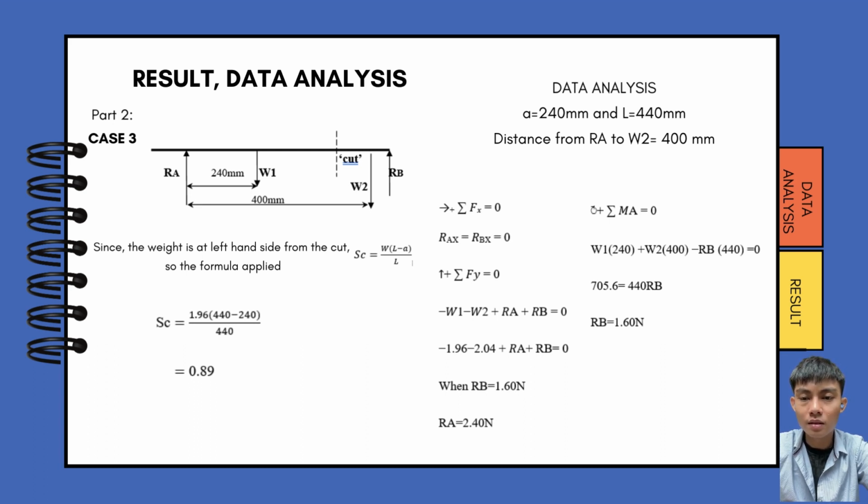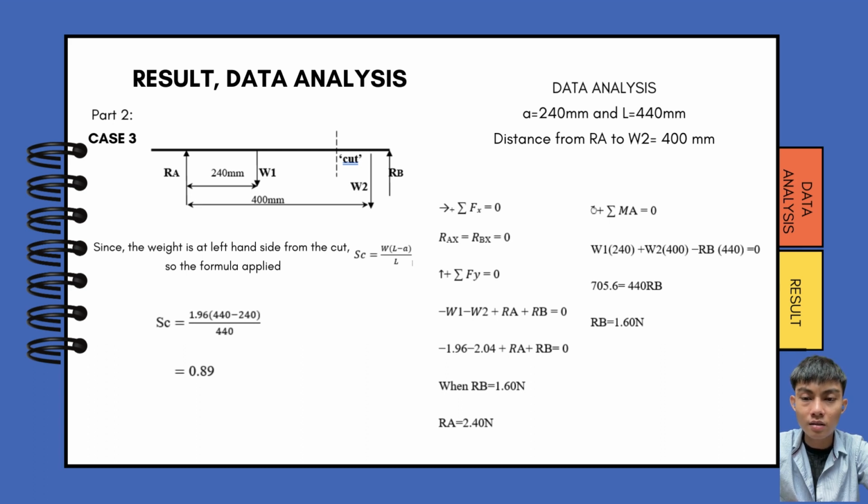But the distance from RA to the second wedge is 260 mm. Since the wedge is at the left hand side, we use the same formula, which is SC equal to W times the length minus A, divided by the length. So we can clearly get the shear force is